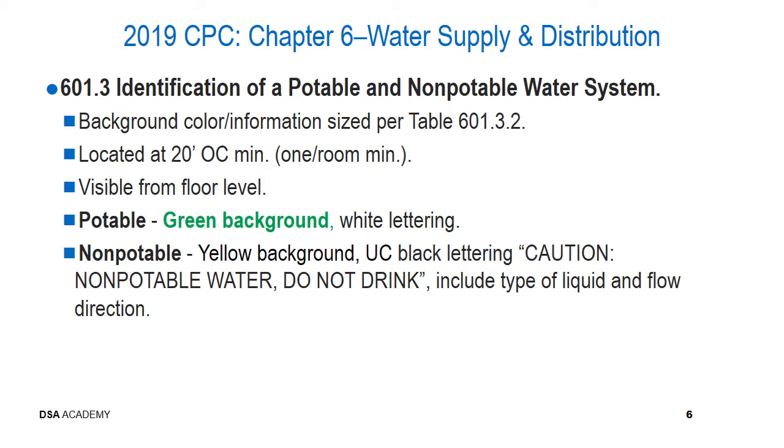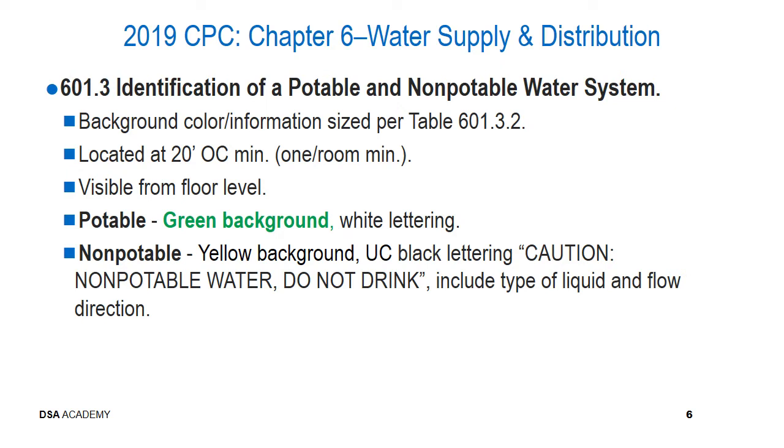Now we're going to start discussing Chapter 6 in the CPC, which addresses water supply and distribution. The first component that will be addressed, reviewed, and approved or not by the project inspector is how potable and non-potable water systems are actually identified. This is a very important consideration, especially due to the fact that now non-potable water systems are becoming a little bit more prevalent within buildings due to the water conservation efforts that the state of California has been